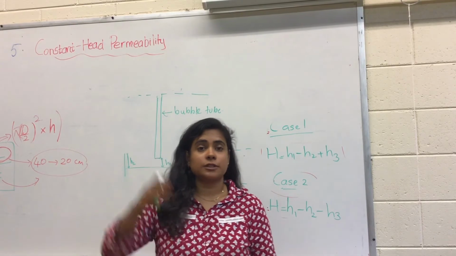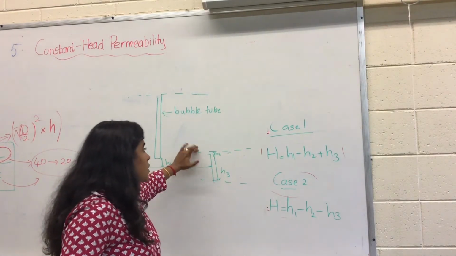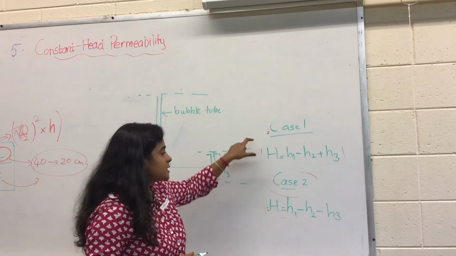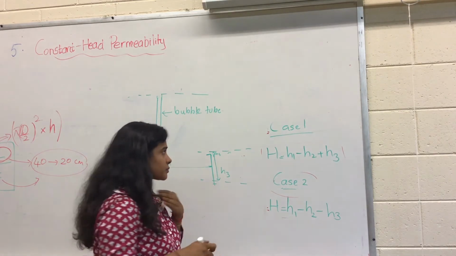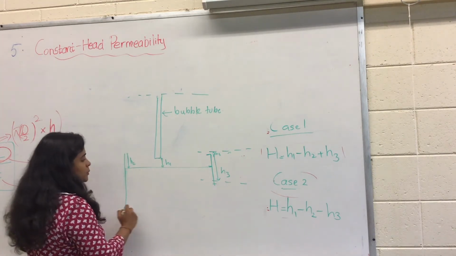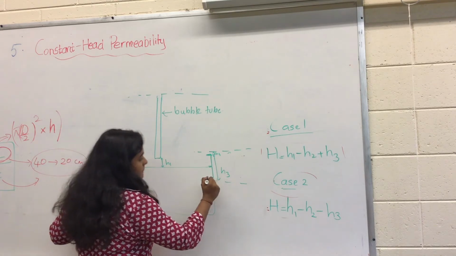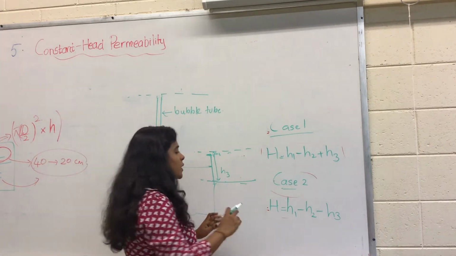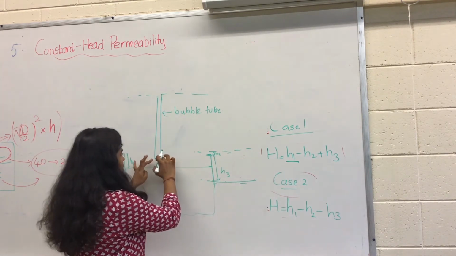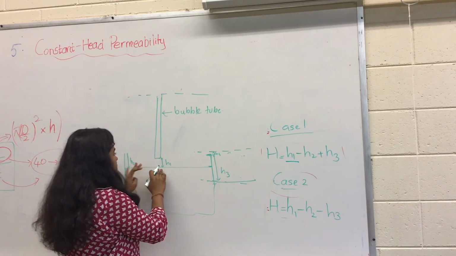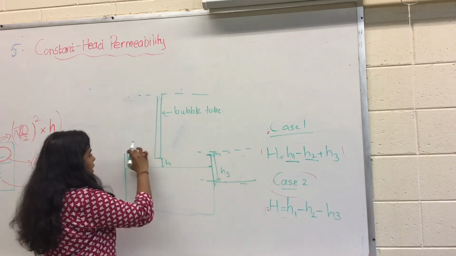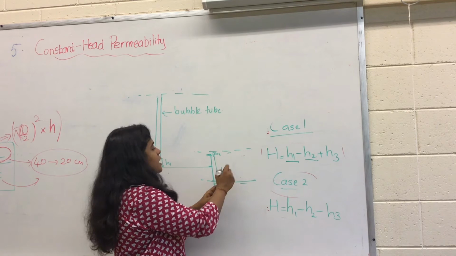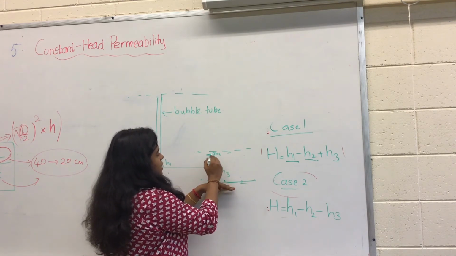There are two conditions when you fill the water into the water bath. The water can go above the rubber coupling you have, or the water can go below the rubber coupling. So for those two cases, we have an equation to find the hydraulic gradient. For example, if your specimen tube is here and your rubber coupling is here and the water is below your rubber coupling, then you measure the distance h3. So we have the h1, that's the distance from your bubble tube to the bottom of your perforated tube. Then you have to subtract the height from the top of the rubber coupling to the perforated plate from the h1, and then you have to add the height from the water level to the rubber coupling.